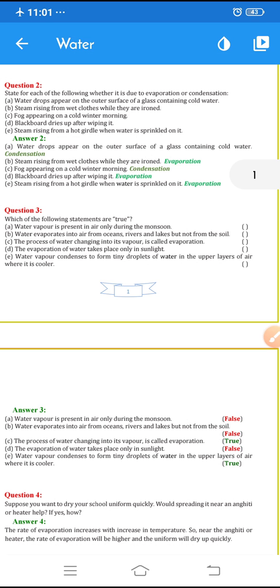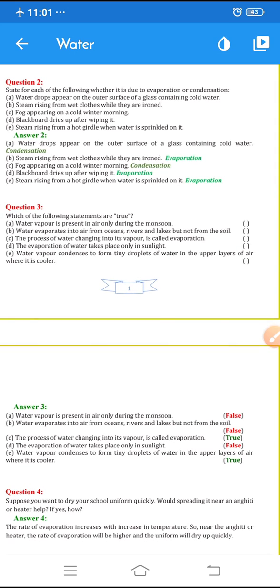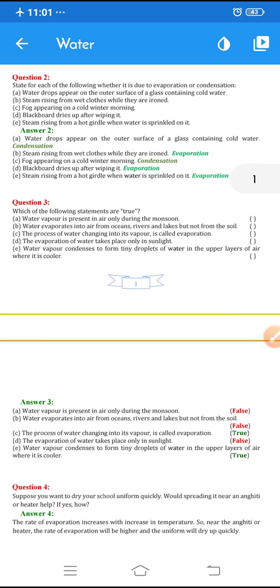Okay, so I hope you understood this now. Let's go to question number 3. Here, which of the following statements are true? If they are false, you have to say false. If they are right, you have to say true. Okay, first one,